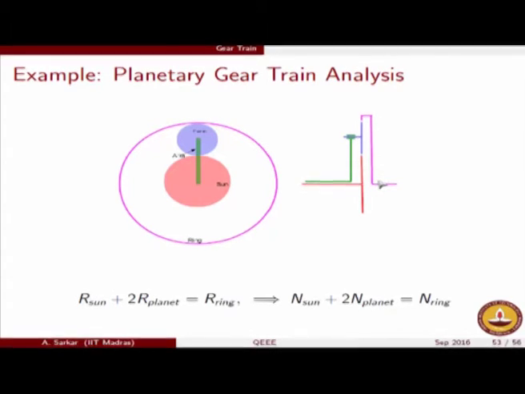Once the ring gear is held in a fixed condition, or the arm or the carrier is held in a fixed condition, accordingly the output can be swapped. So there is no reason to always think that the output will come from the ring gear, or always from the planet gear. Input is usually constant because it is coming from the engine. So if the input is constant, then the output can change depending upon which constituent member you are actually holding through your clutching arrangement.